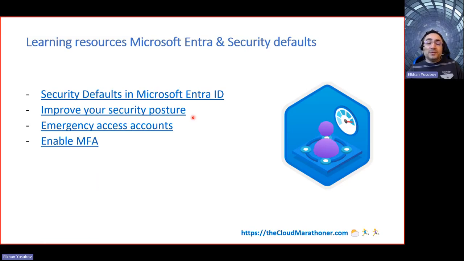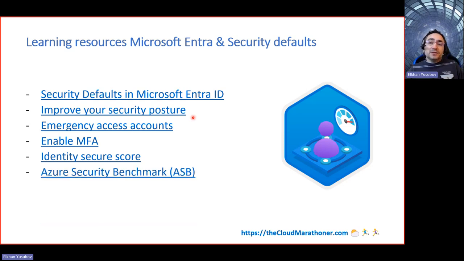Then the ways to enable MFA, what are the options you can provide to your users. And then what the identity secure score is, how to improve that, and what type of recommendations you need to follow to get into a better security posture within your tenant. And finally, we have Azure Security Benchmark, ASB, and it can give you some good understanding of what benchmark settings you want to track your organizational security against and get into a better state as a final